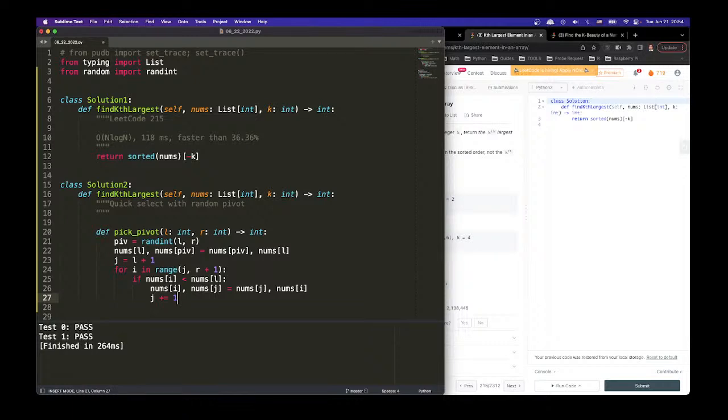And if it's larger, then we just move on. First small, then we swap, and then j moves forward. So j is always pointing to the thing that's larger than nums L, larger than the pivot value. If it's small, we swap. Once we're done, right? Once we're done,